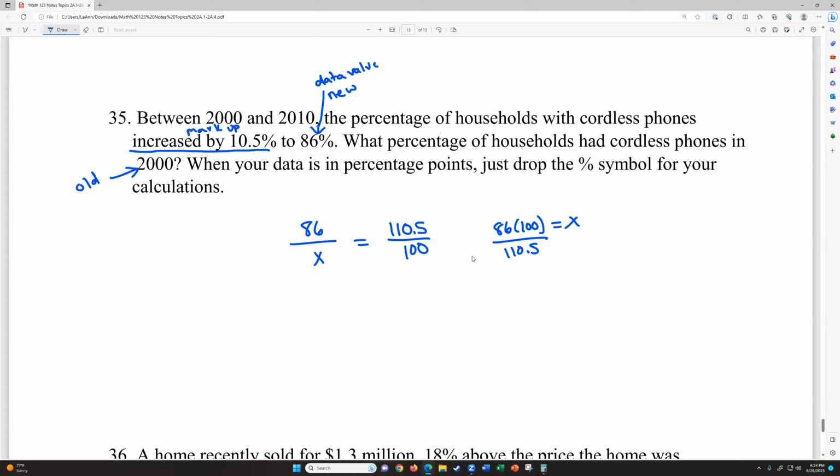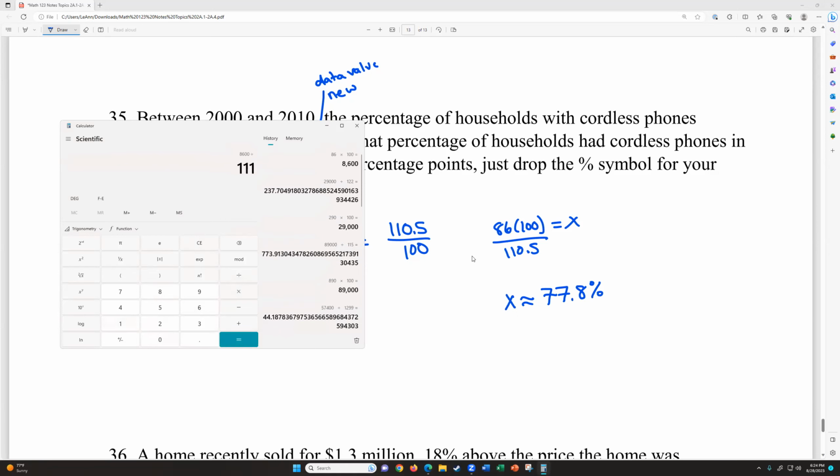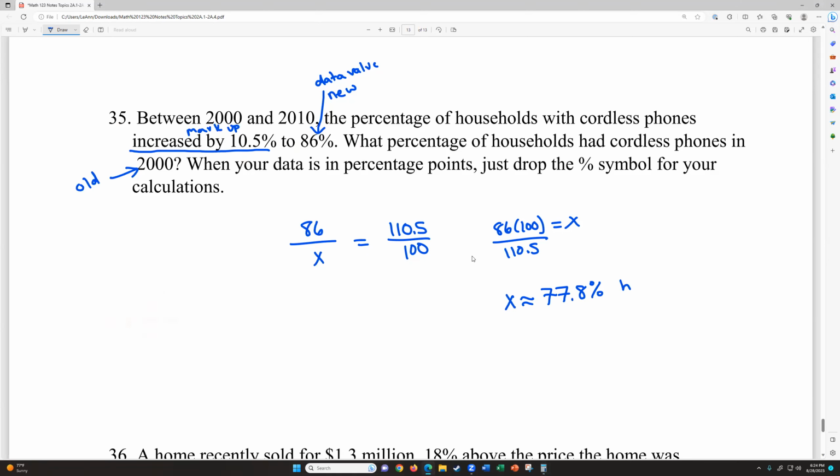They usually say that in the directions, but I'm doing that just because that's what I believe it was in the notes. I didn't put it in there as a type of the directions. So I ended up getting 77.8% because it was 7 repeating, I think. But let's triple check that. 86 times 100 divided by 110.5. Yeah, 77.8. It actually did not round up because the 2 behind it doesn't bump it up. And that would be the percent that had cordless phones